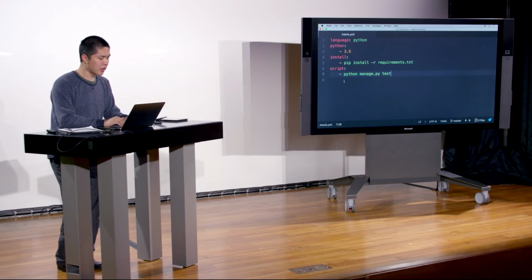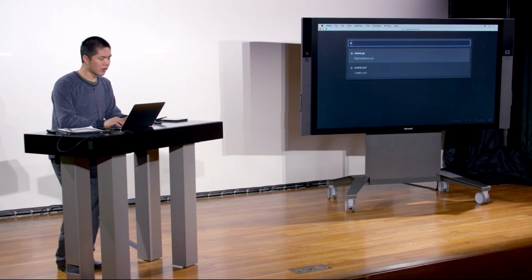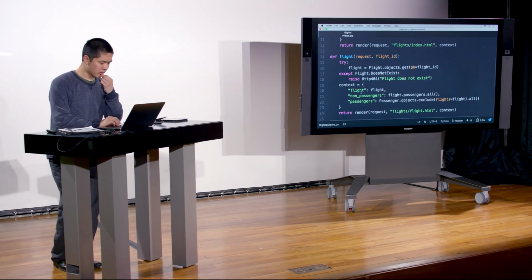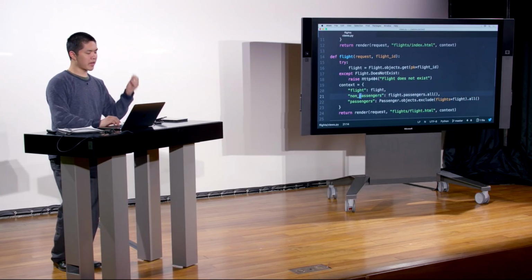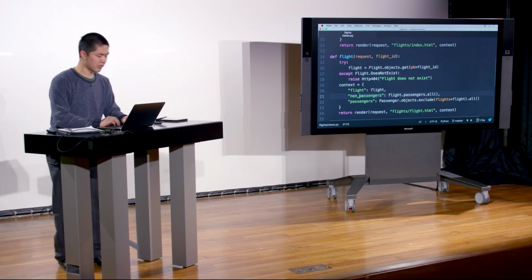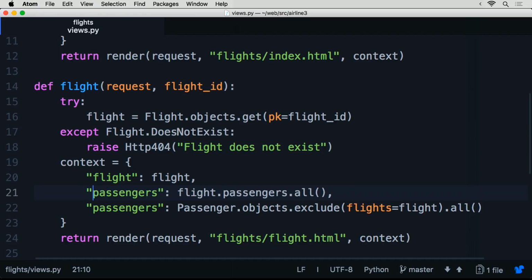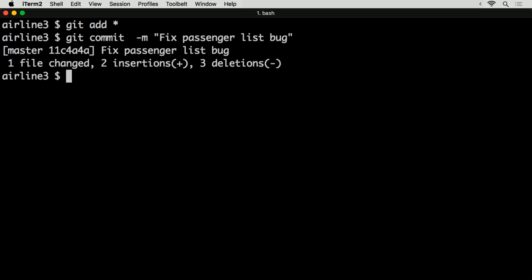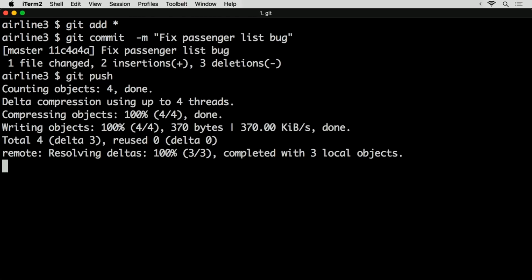So I can go back to my code now and say, OK, if the problem was with my flight page, I can check here. What seems to have been the problem? Well, it looks like I screwed up which one was passengers and which one was non-passengers. Just a mistake between which key was which. This one should be passengers. This one should be non-passengers. And now, if I go ahead and add those files and say fix passenger list bug and push those changes to GitHub,